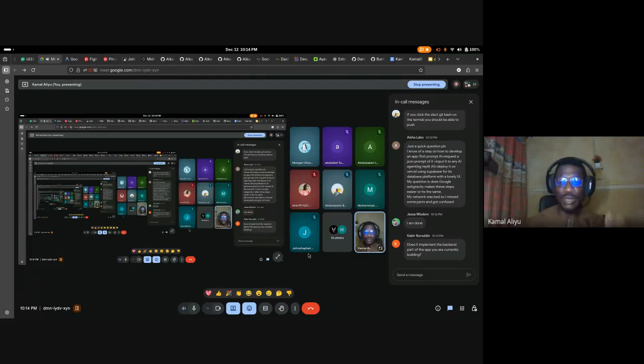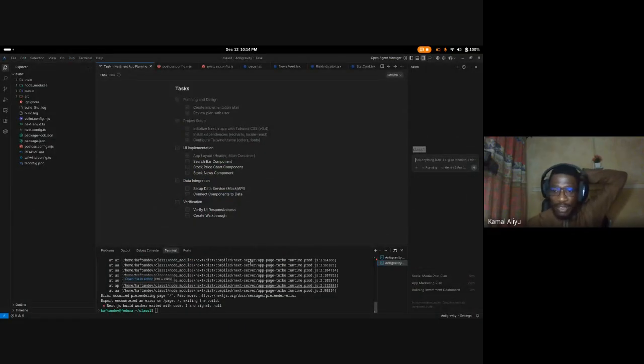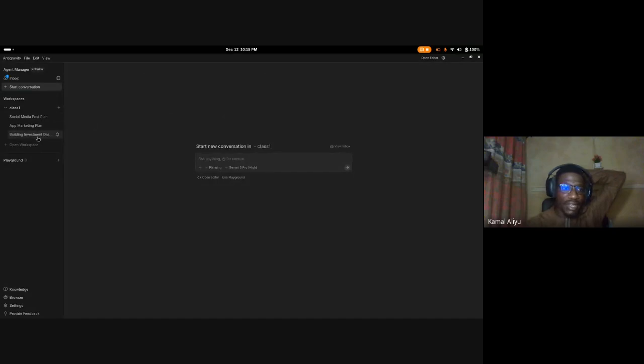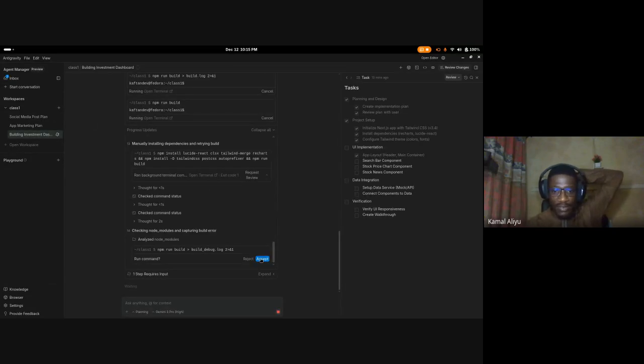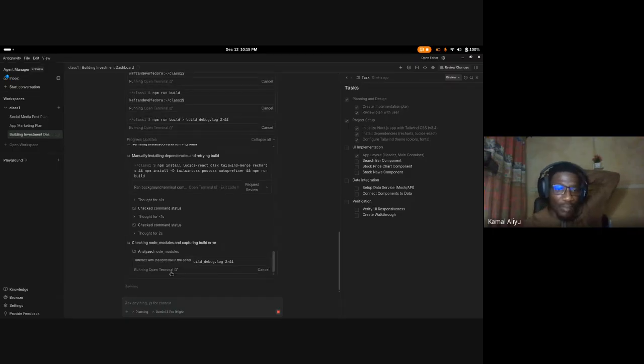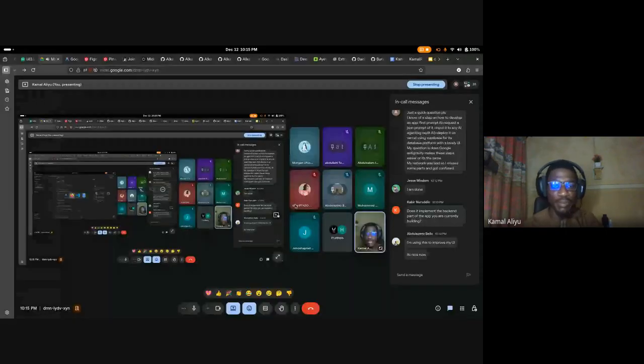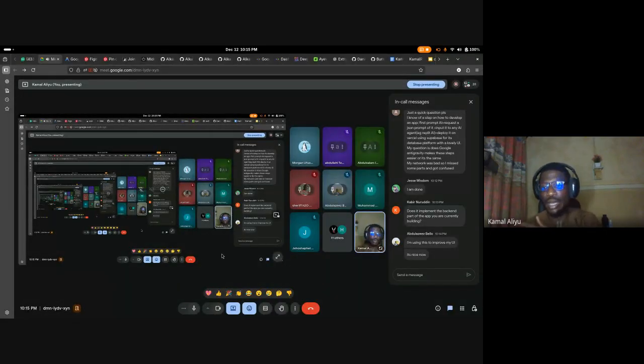And there's one good thing with Antigravity. I just wish this thing is finished building, because I'm having a package issue. The package is okay. Sorry, I forgot to accept. There's a conflict installing the package. It's done actually building the app, but this package conflict is what is making the app not build. I need to make it debug that. So it's very necessary that you give it an inspiration of what you want.